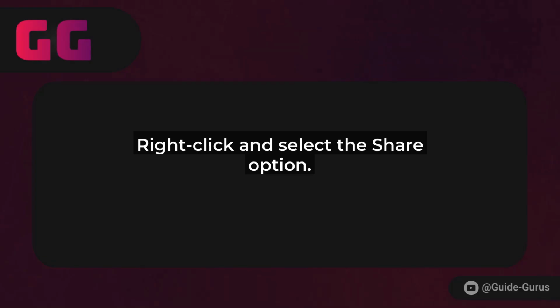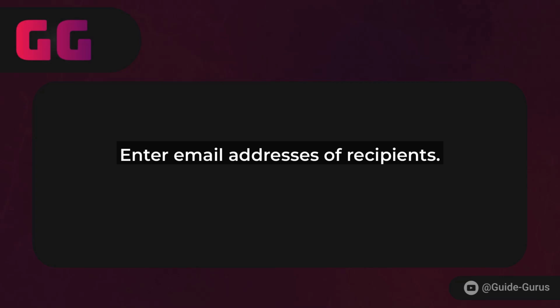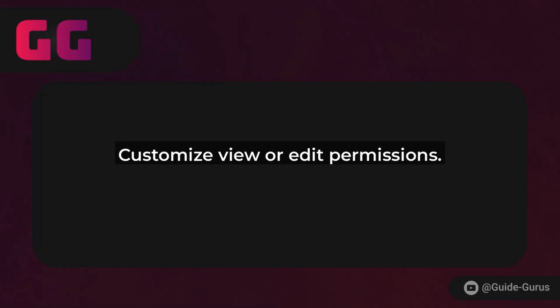In the sharing window, you'll see options to add people. Type in the email addresses of the folks you want to invite. OneDrive will even suggest contacts from your Microsoft account. Next, customize the permissions. For 2025, OneDrive has made this even simpler. Choose whether they can view the folder or edit it. If you want to add a message, type it in the box provided. Hit Send, and you're done.